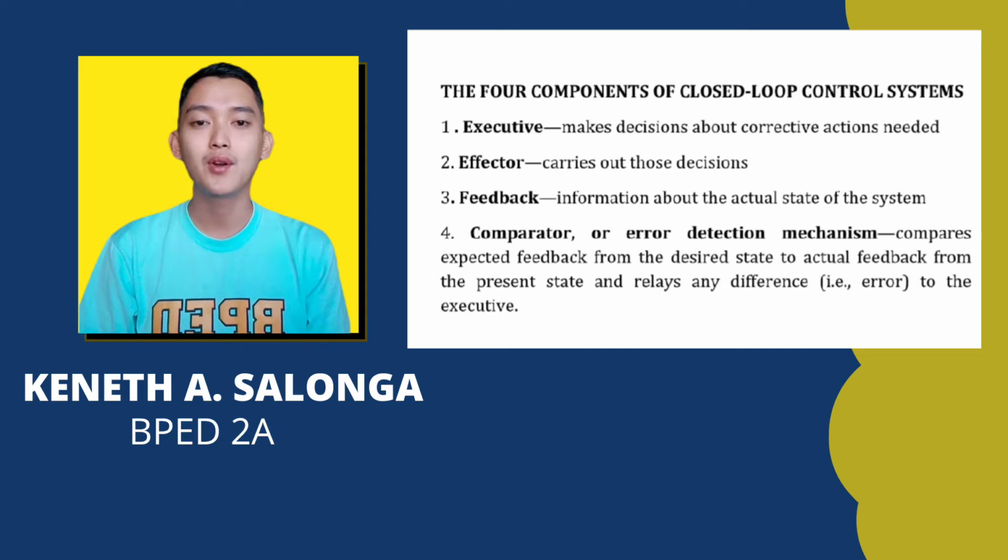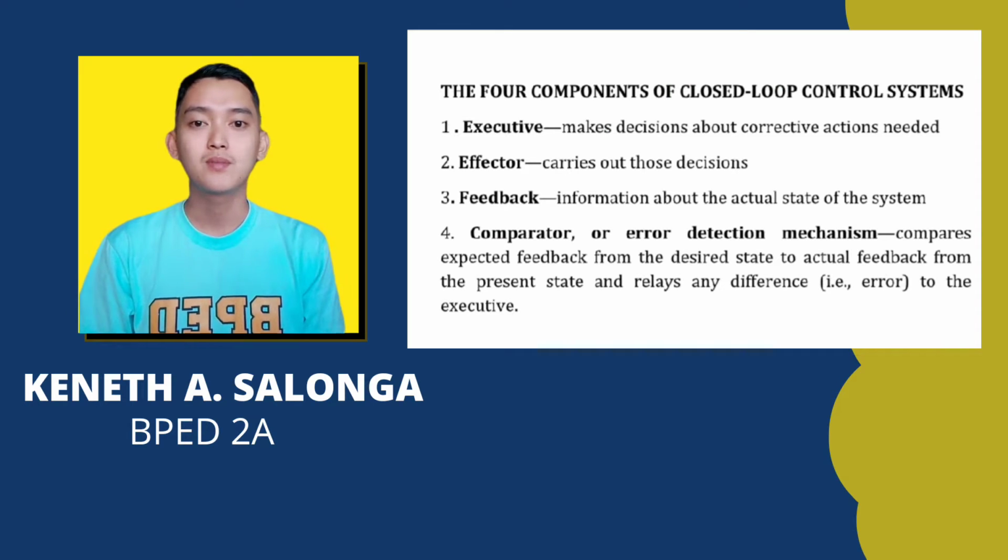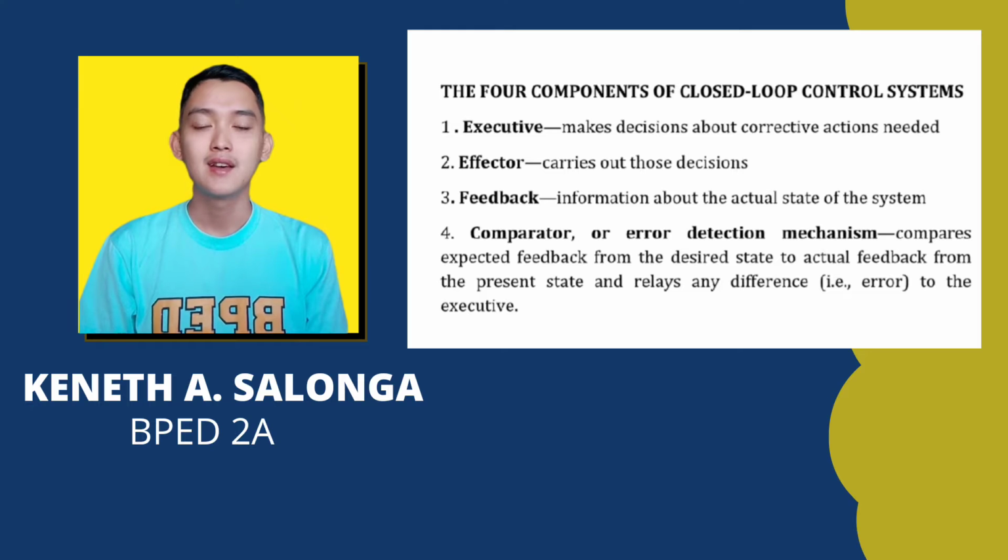So we have four components of closed-loop control systems. First, we have the executive. It makes decisions about corrective actions needed. Second, we have the effector. It carries out those decisions. Third, we have feedback. It is the information about the actual state of the system. And lastly is the comparator, or the error detection mechanism. It compares expected feedback from the desired state to actual feedback from the present state and relays any difference or error